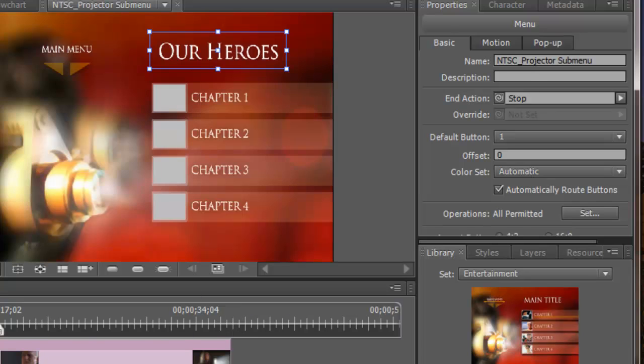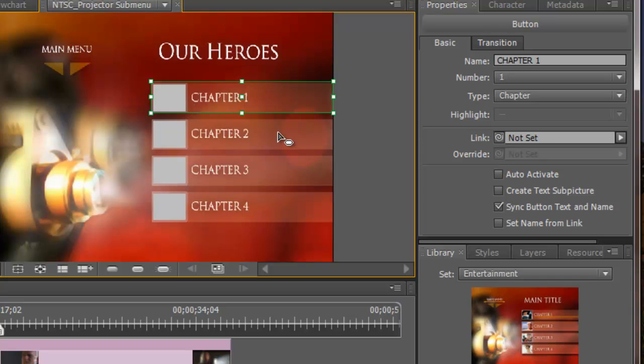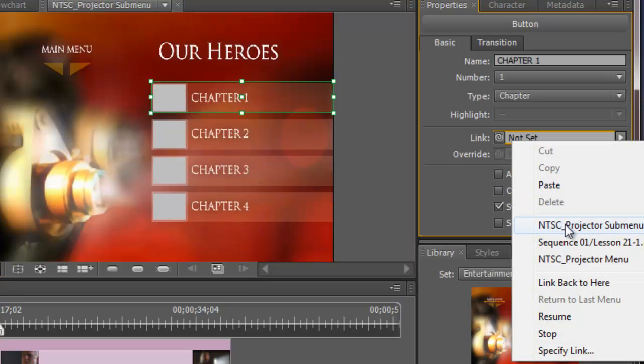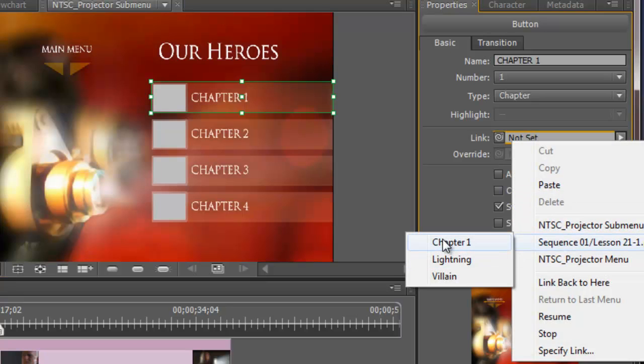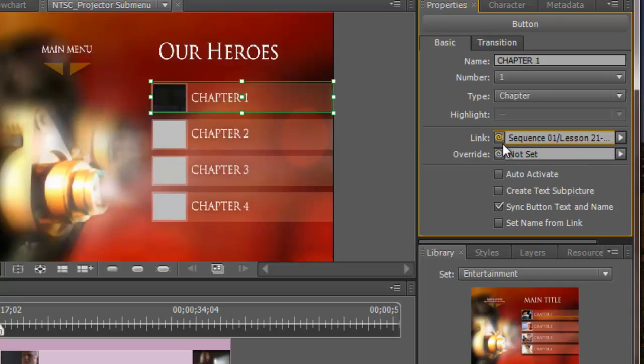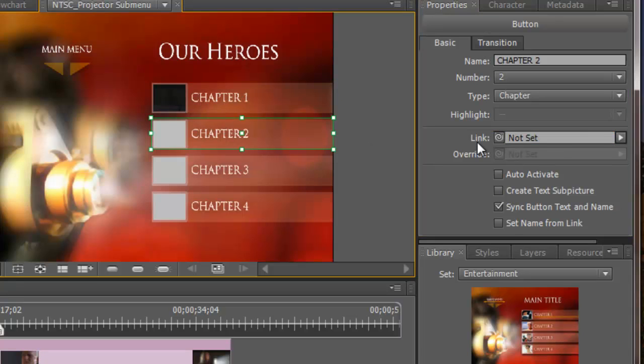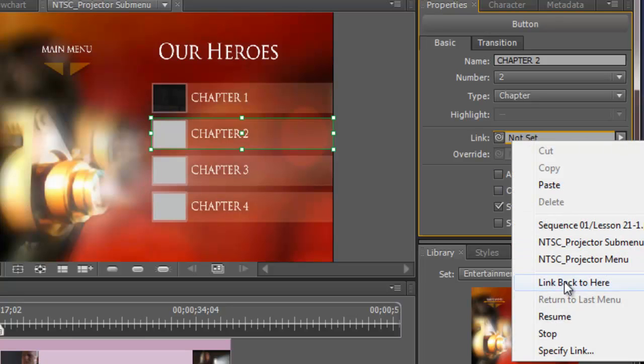So I'm going to go back to the pointer. I'm going to click on chapter 1, and here's the link idea that says not set. So I'm going to go down through here, and I'm going to go to the sequence, and I'm going to manually put these in. And you'll note that whenever I get a video clip in there, the actual piece of the video will show up. This will probably be a little more apparent in chapter 2. I'm going to change the link there to